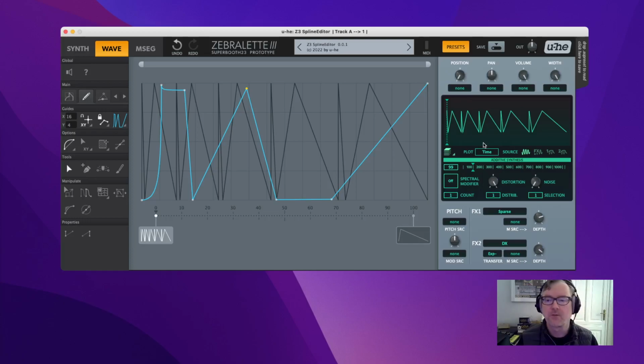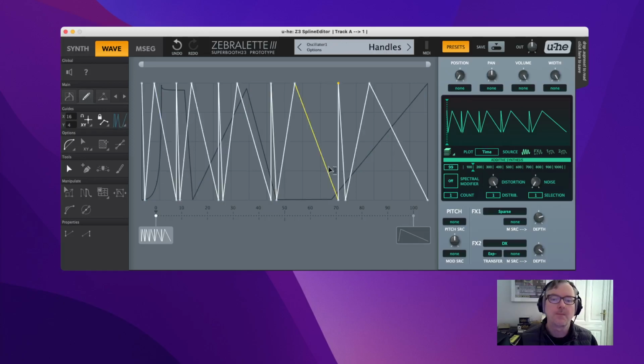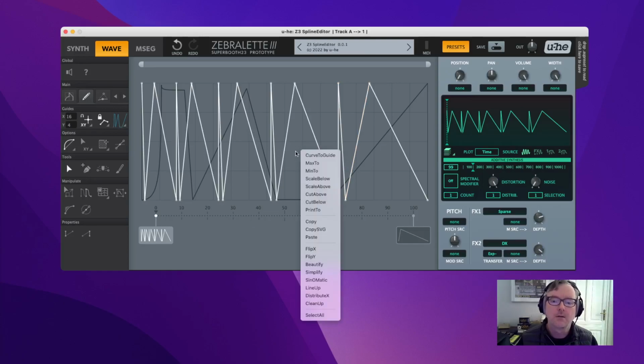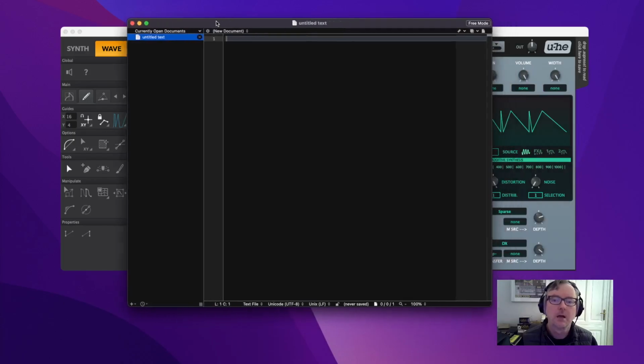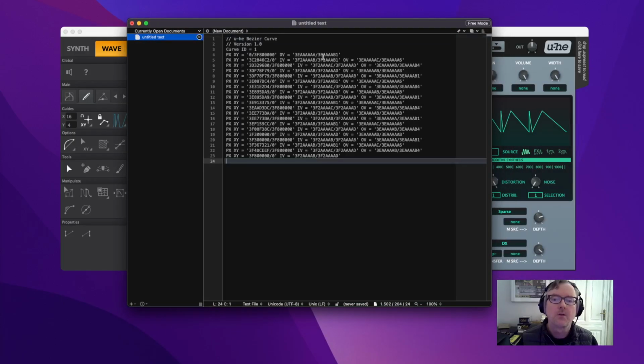And I have forgotten a lot of things. For instance, I have to show you at least this one. So you consider this a waveform that is worthy. You can copy it, and you take a text editor and paste it. It looks like that, and that is actually an extension to our scripting language for Hive. So you will be able to use the curves that are produced in the Spline editor in the scripting language in Hive,